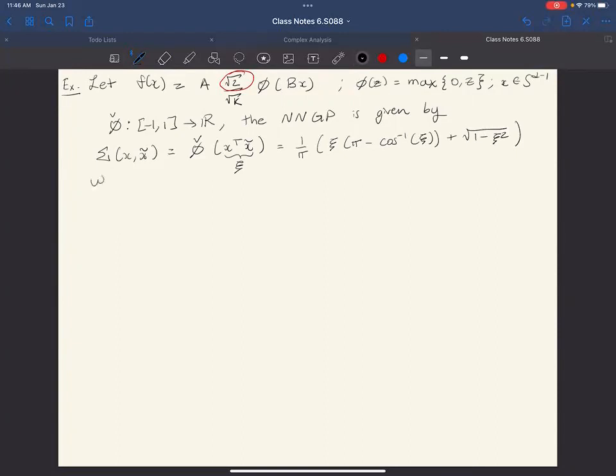So now we can ask, what is the NTK? K of x, x tilde. Well, remember that this, from the last slide, is just the NNGP plus x transpose x tilde times the derivative of the dual at x transpose x tilde. So now we need to just compute what is this derivative of the dual. So this derivative,